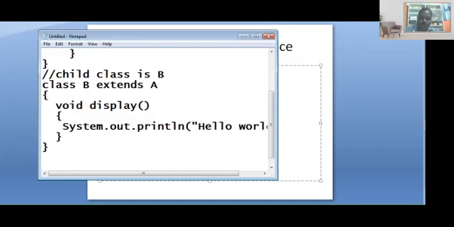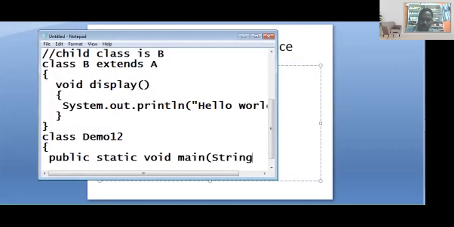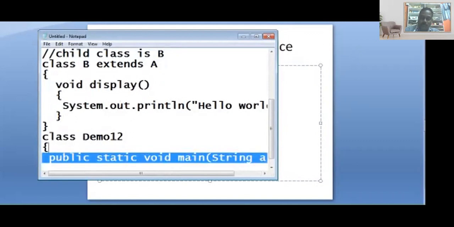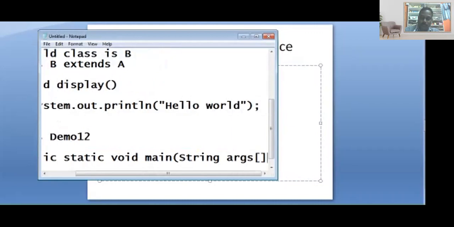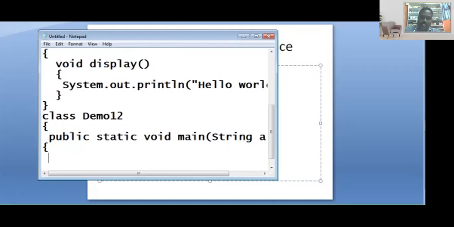Then I'm going to take this class demo 12. I'm writing the main method: public static void main, String args. Then for whom do we have to create the object here?